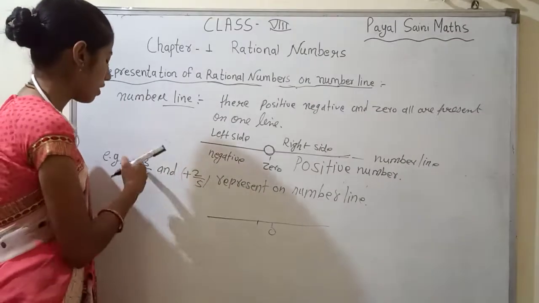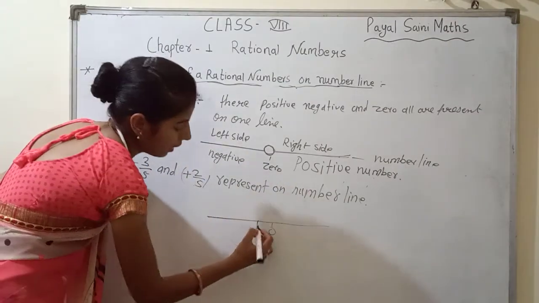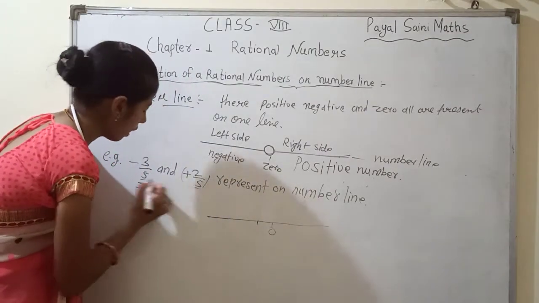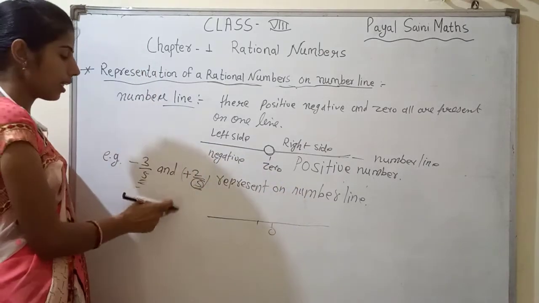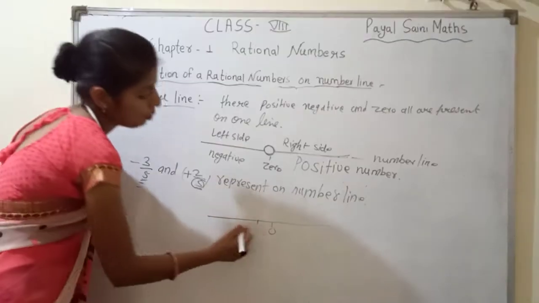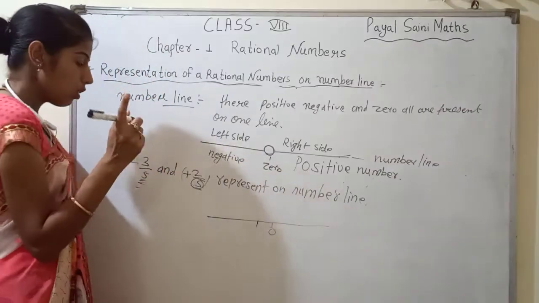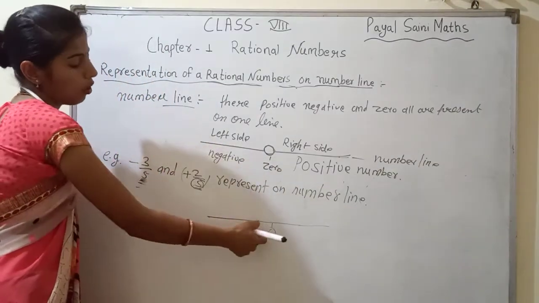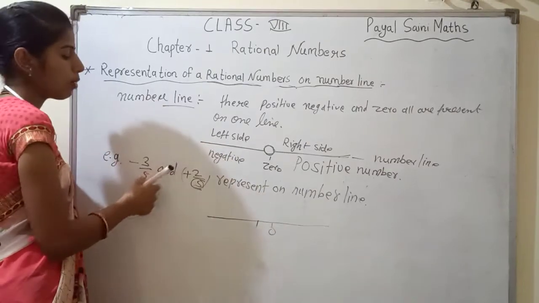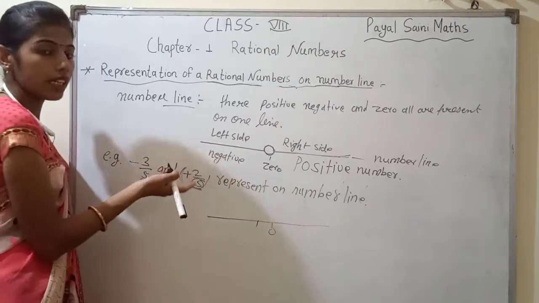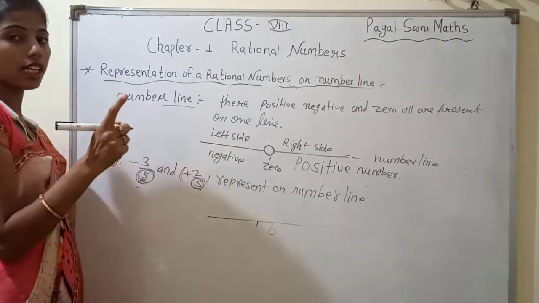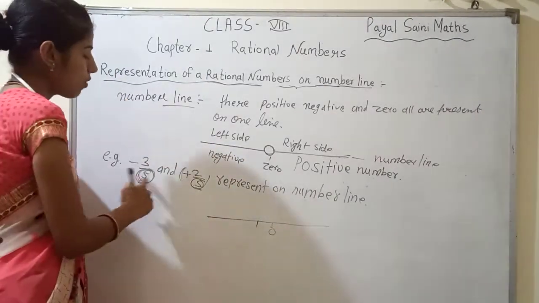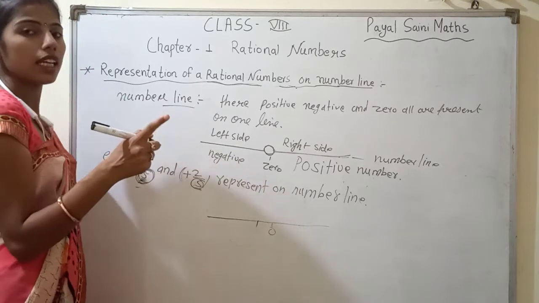Then how do we represent -2? Look here, what we call the downside of the number is the denominator. If the denominators are the same, then we put them directly. And one more condition: on a number line, if we represent numbers that are positive and negative, but our denominators are not the same, then first we make our denominators equal.